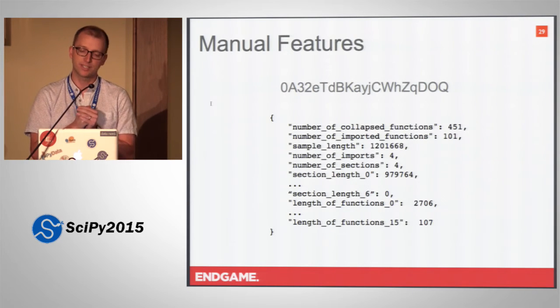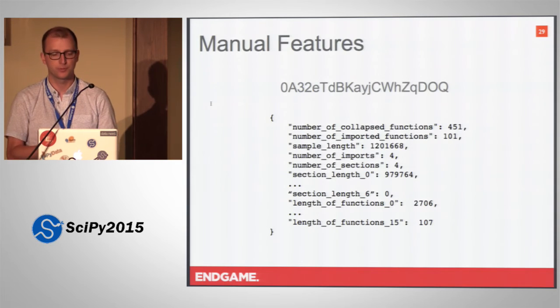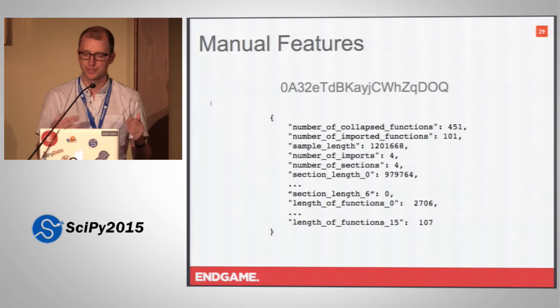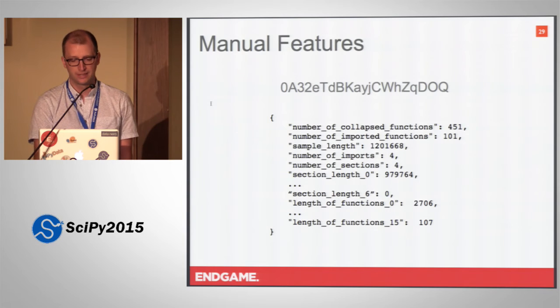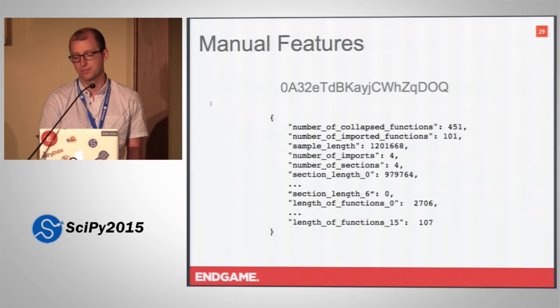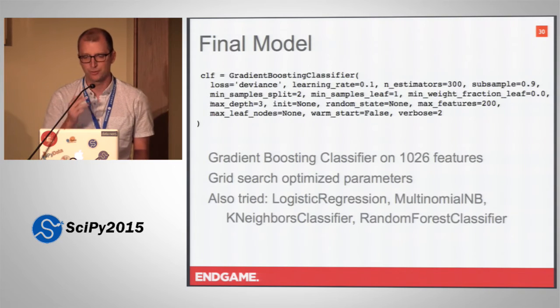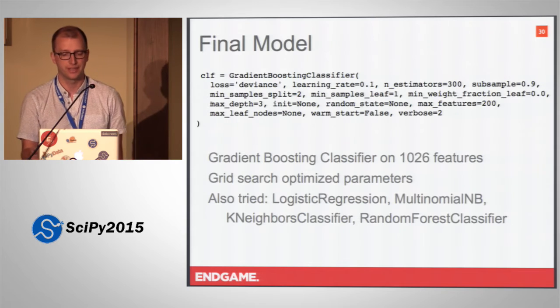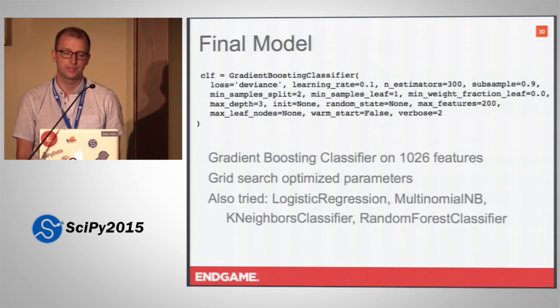So these were just quantitative numbers that I could come up with. This was really just a brainstorming session. I just calculated some numbers about every sample and threw them into this data structure and included them as features. And these were kind of included next to the 500 best byte engrams and the 500 best instruction engrams. So once I did all that, then I had about 1,026 features, and my final model was based on a